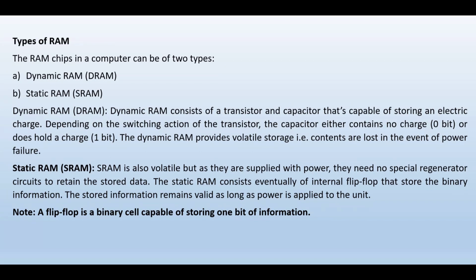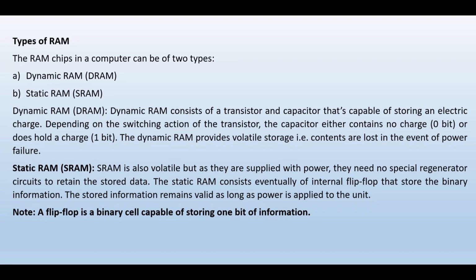Second is static RAM. What is static RAM? SRAM is also volatile, but as long as it is supplied with power, it needs no special regenerator circuits to store data.